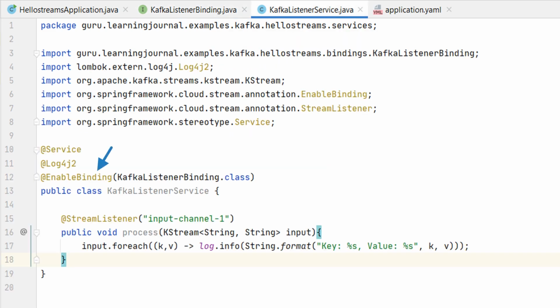The @EnableBinding will trigger the Spring Cloud framework. Now, the Spring Cloud framework will implement the binding interface and create a Kafka stream. You can listen to the stream using a listener method. So, my listener method will receive the input stream and I'm sending it to the log. That's all. Now, it's time to run this application and see a few things in action.